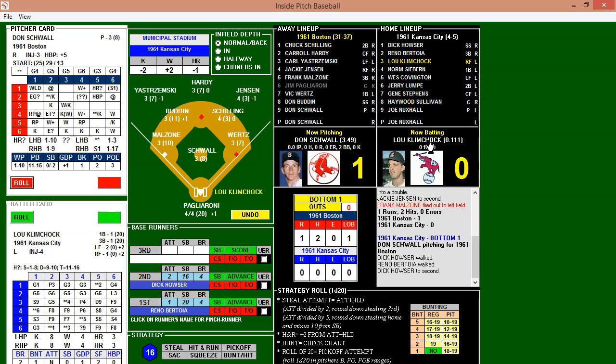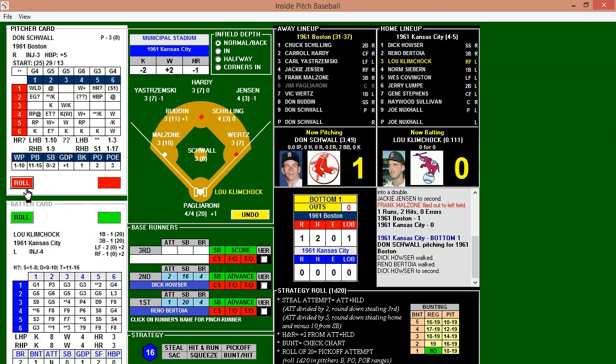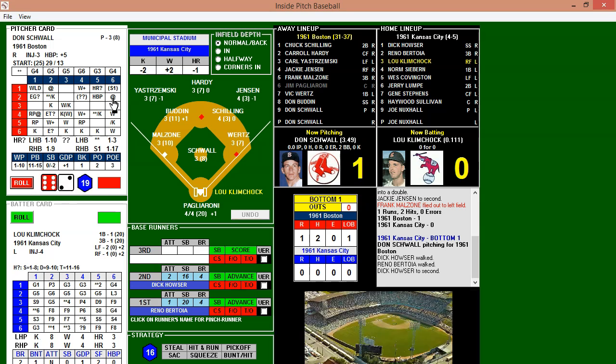That'll bring up Lou Klimchuk. Klimchuk just a .215 hitter with a homer and 16 runs batted in on the season, and 121 at-bats. So runners get their lead. Schwal looks in for the sign. Looks at the runners. Kicks and delivers. We have another Municipal Stadium check. 3-5. And that's going to be a ground ball in front of the plate.